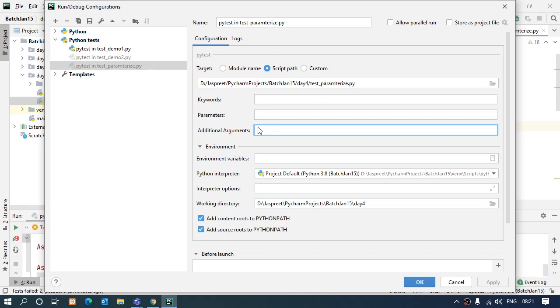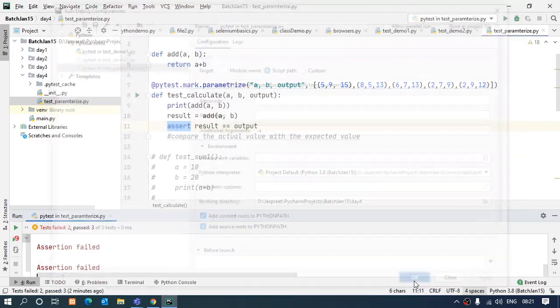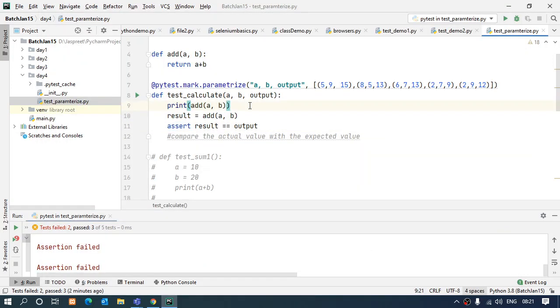To do the same thing in our IDE, in the configuration which has been made, in the additional arguments, I will add -s like this. I'll apply, OK, I'll save it, I'll run it.